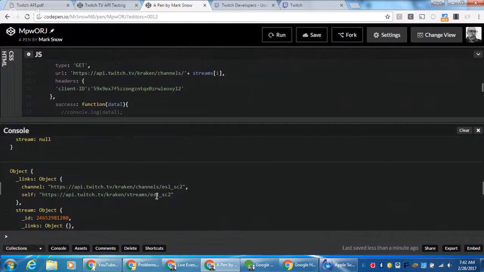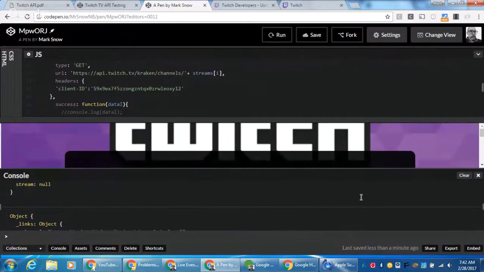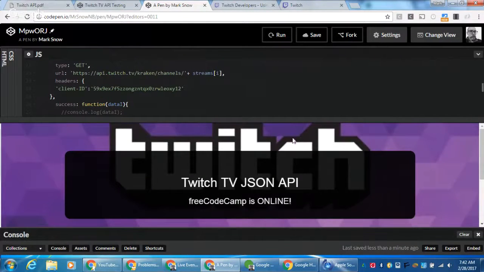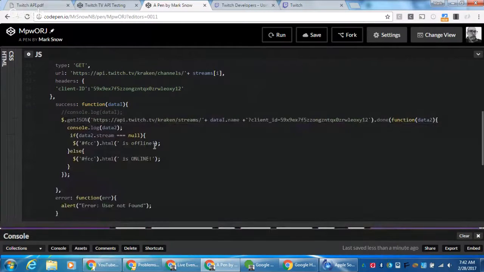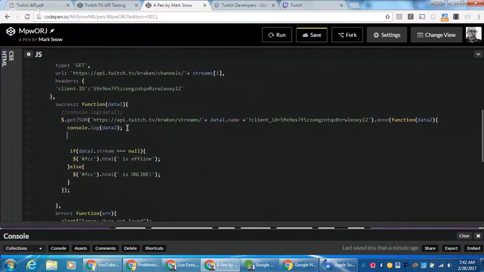So how am I going to do this? Well, there's actually quite a few different ways. What's kind of cool is inside of this data 2, I'm going to show you one way. I'm going to leave that open. So I can do this just directly inside of data 2. And what I can do is I can just take a look at